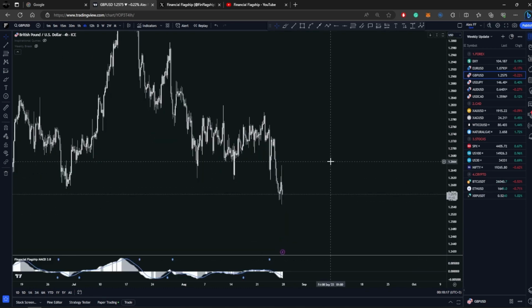So as you can see, we have a bit of divergence between these two lows, this one and this one. So what I'm expecting next for pound USD, the way this is looking here, this might make a small pullback, drop again, and then start this consolidation that we expect.